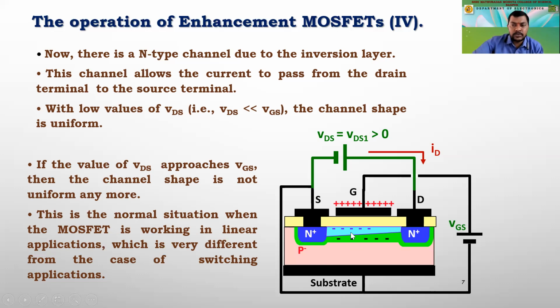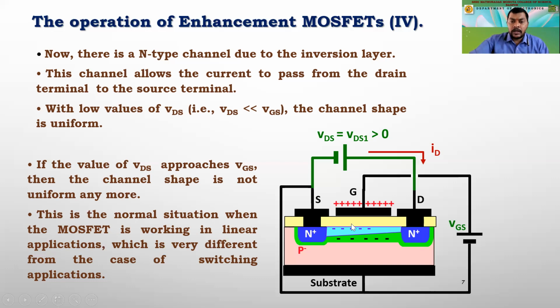And what happens to that? The current which is supposed to flow initially is being depleted, is being decreased, and therefore it is called a depletion layer. So we are having two types of MOSFETs. One is called the enhancement MOSFET, and the other one is called the depletion MOSFET. I guess you have understood what I am trying to explain to you.